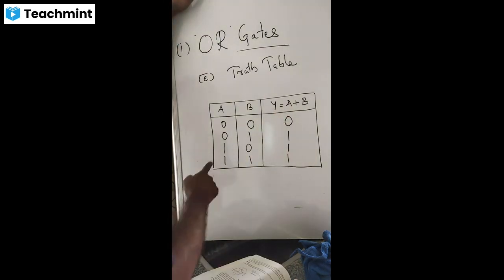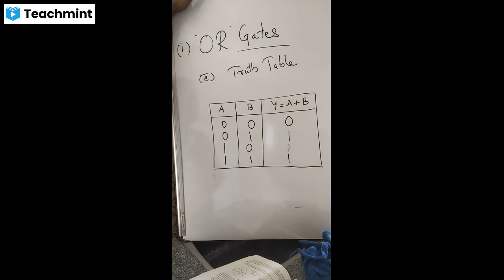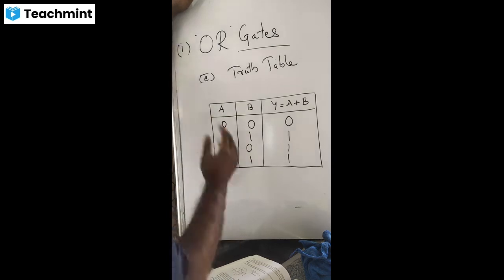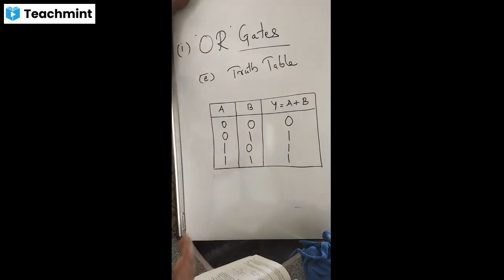Same, you are making A high, making B 0. If you add, again you are going to get high. Interesting case, this is also high, this is also high. You may get a question: 1 plus 1, 2, 5 volt plus 5 volt, you must get 10 volt. Such kind of doubt may creep in, but you should know that